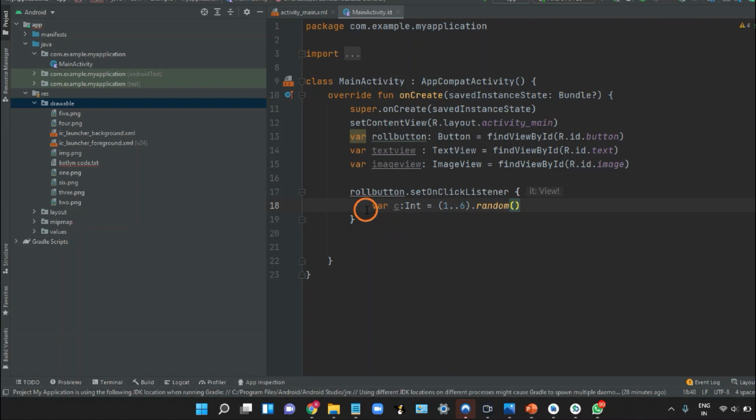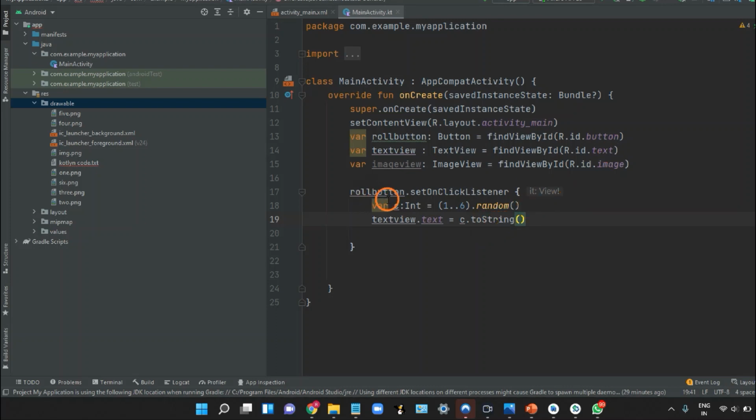Okay, so I have written variable c is of type int, and the value will be from 1 to 6 random, which means that it will select a random number from 1 to 6. So now we have to assign this value to the text view and convert it to string. So I have written text view dot text is equal to c dot toString. This is the toString method which converts this integer to a string.